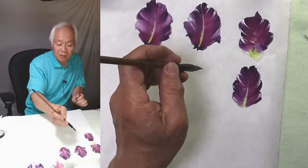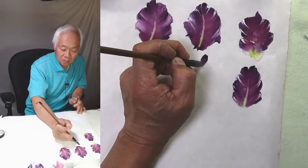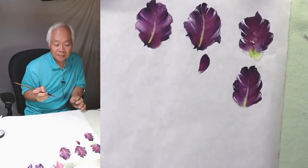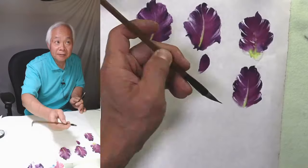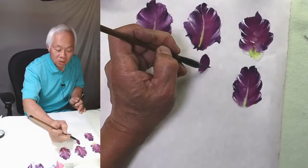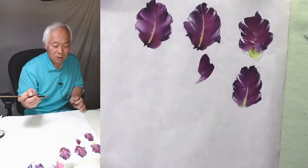Okay, so I'm going to do another one. 1. And if you want the petal to be wider, so you angle a different angle, okay? Remember that. So here again, 2,